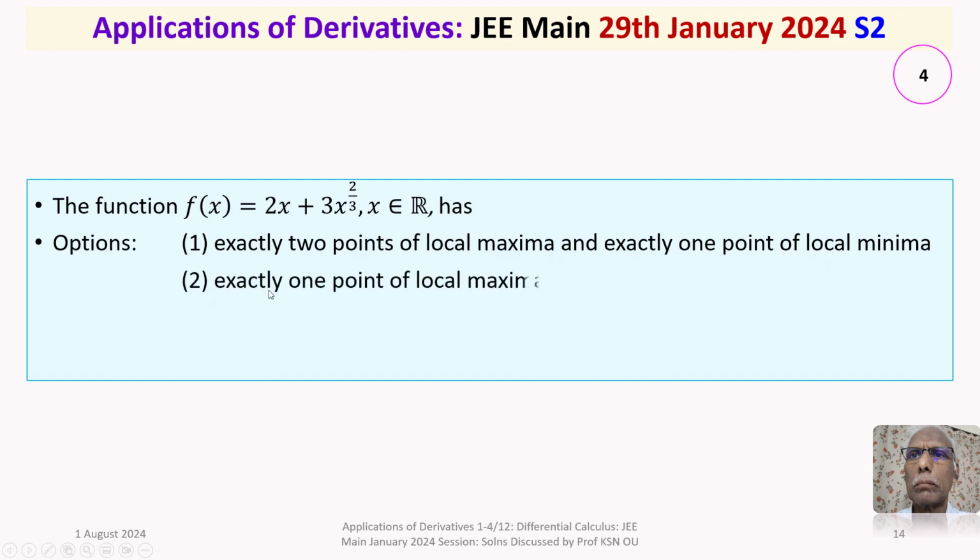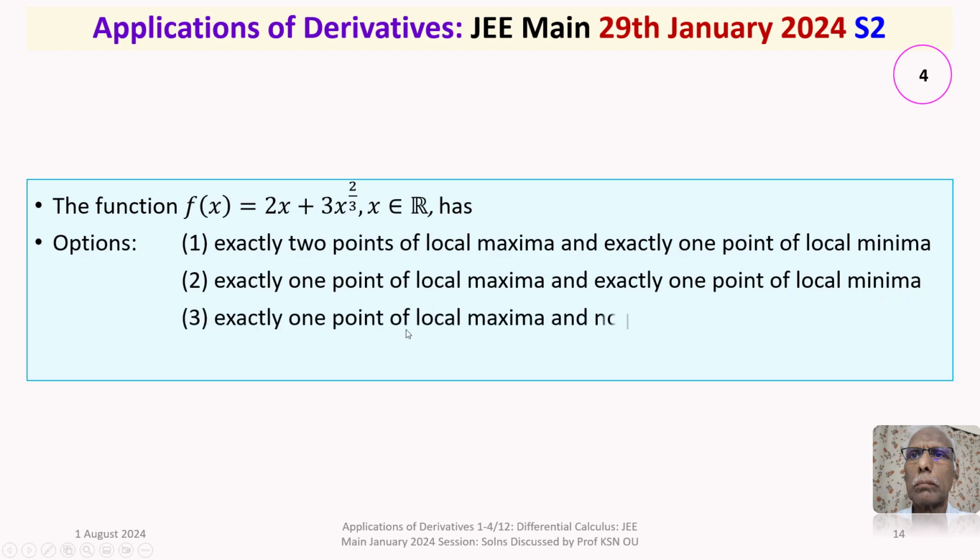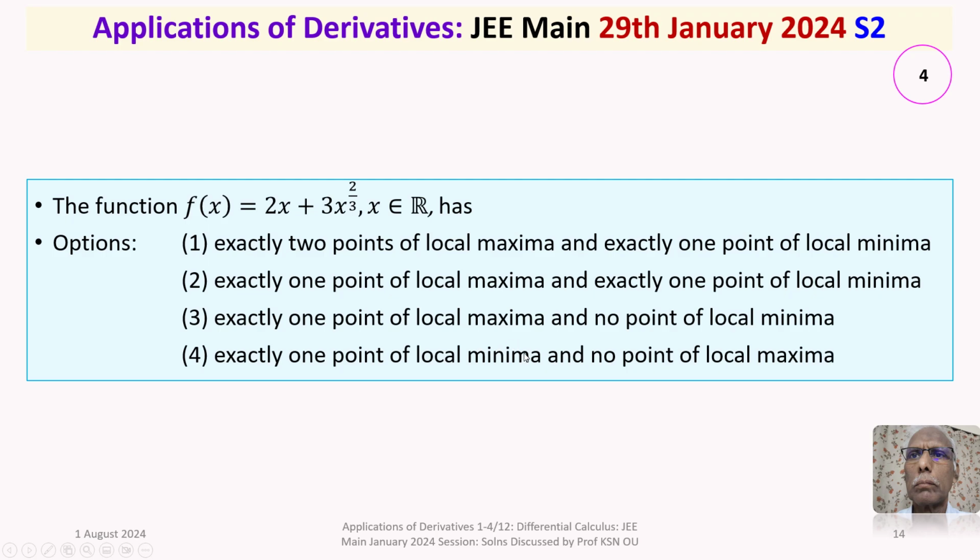Option 2, exactly 1 point of local maxima and exactly 1 point of local minima. Option 3, exactly 1 point of local maxima and no point of local minima. Option 4, exactly 1 point of local minima and no point of local